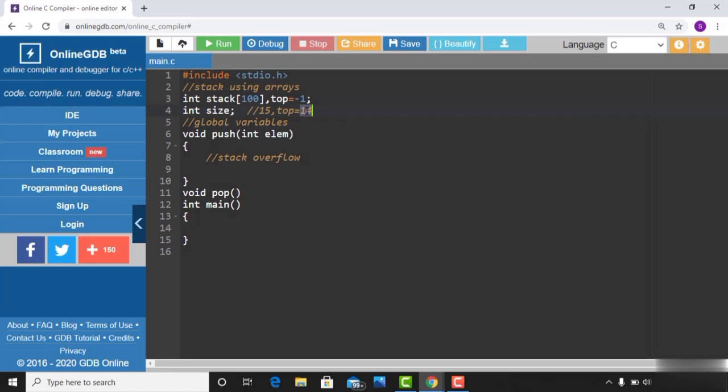Top will store the index value. First element has an index 0. Second element has an index 1. Third element has an index 2. Likewise, the 15th element, the last element, will have an index 14, guys, not 15. We'll have an index 14 since it starts from 0. And having known these two, because top points to the top index, 14,